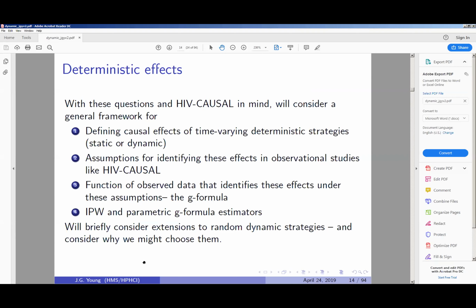So under assumptions, we can show that it's possible to link our observed longitudinal data, like that obtained in the HIV causal, to a counterfactual question like the average causal treatment effect that we just talked about, comparing 2 strategies, say G1 versus G2, and these assumptions are exchangeability, positivity, and consistency. I think in the previous workshop, there was a little bit of review of these assumptions, but I'm going to go into a little bit more detail on these.